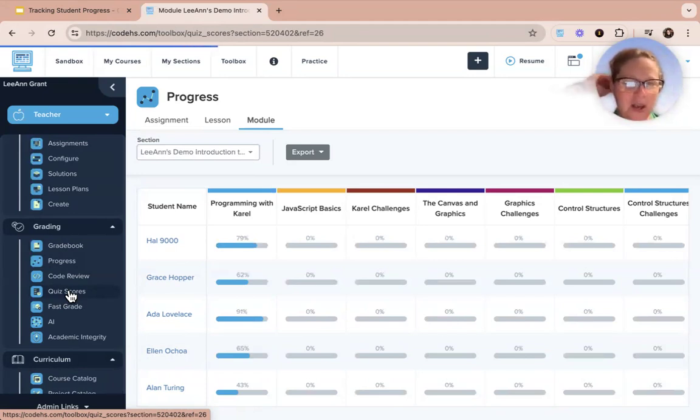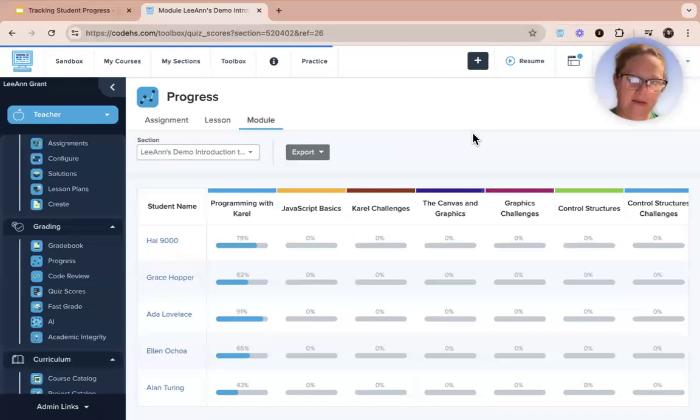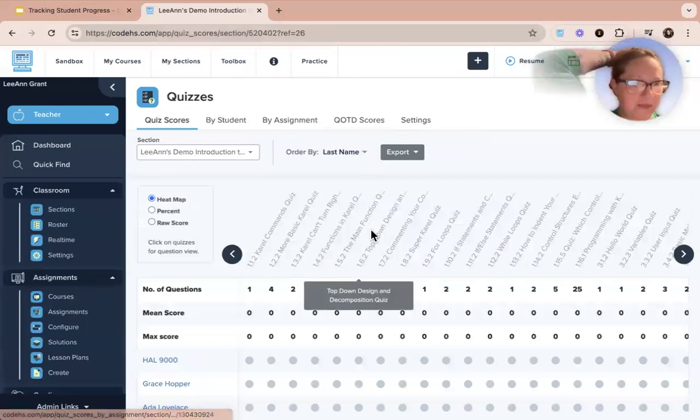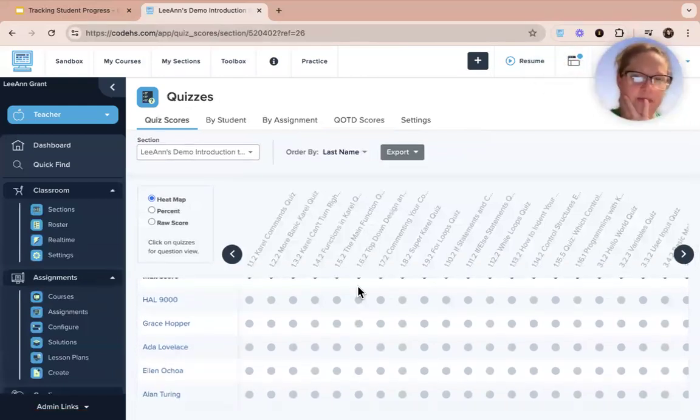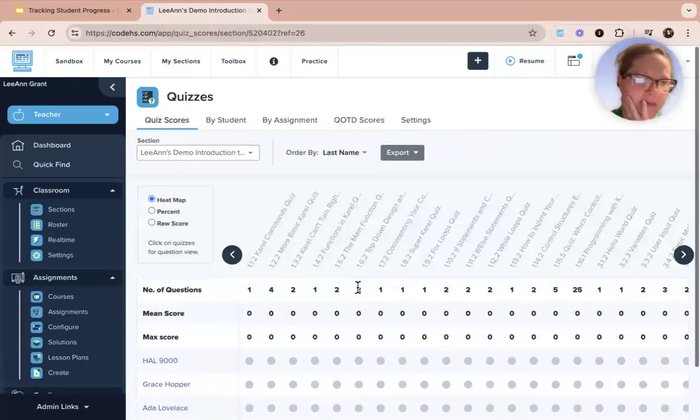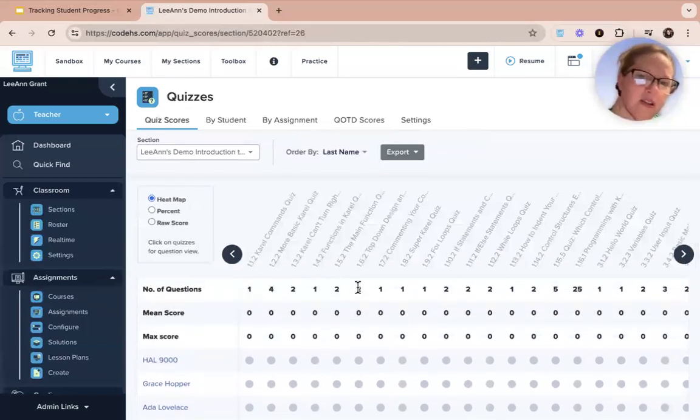Just waiting for it to load here. What you will actually see is the progress of how the students are doing on their quizzes. And again, it's going to be separated by the different section. So it's about halfway done now. Hopefully it will load. It's going. Okay. So none of the students in this particular section have quizzes completed, but this is a good way to